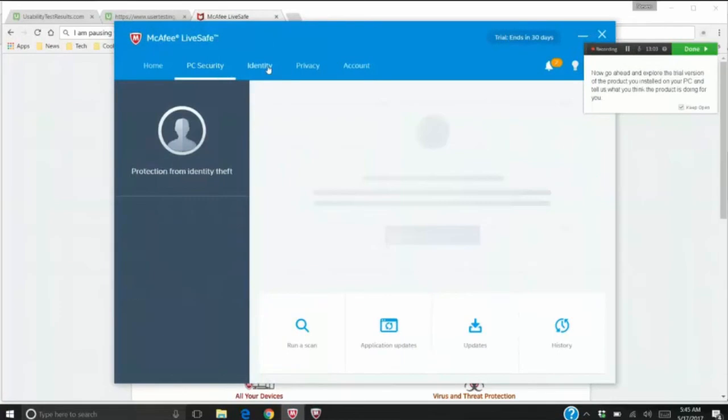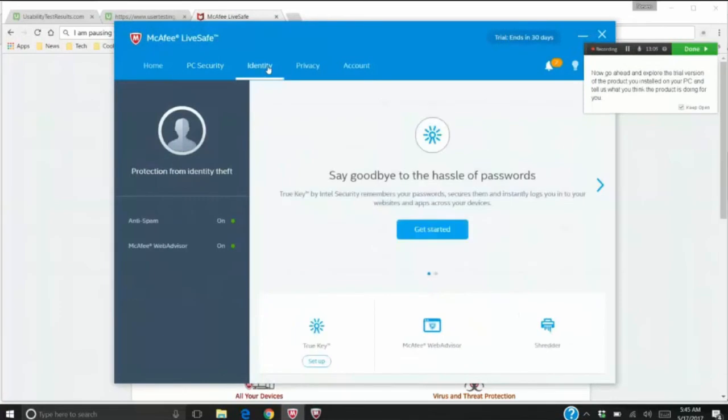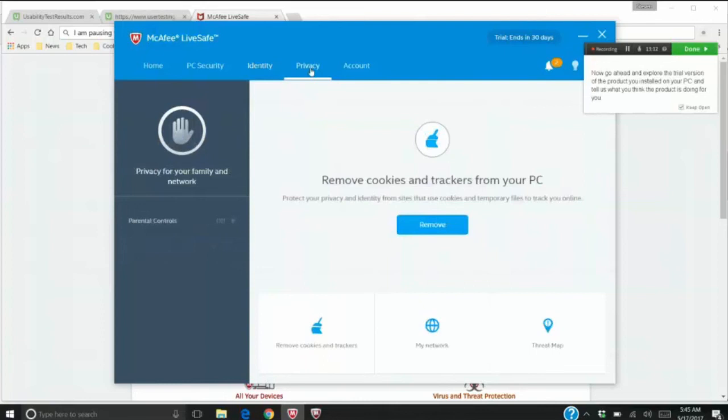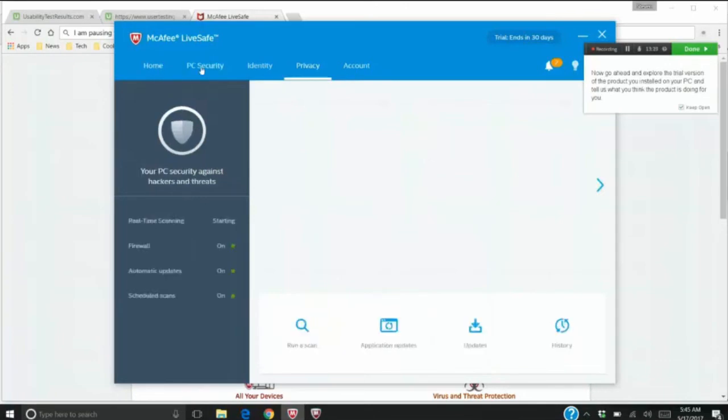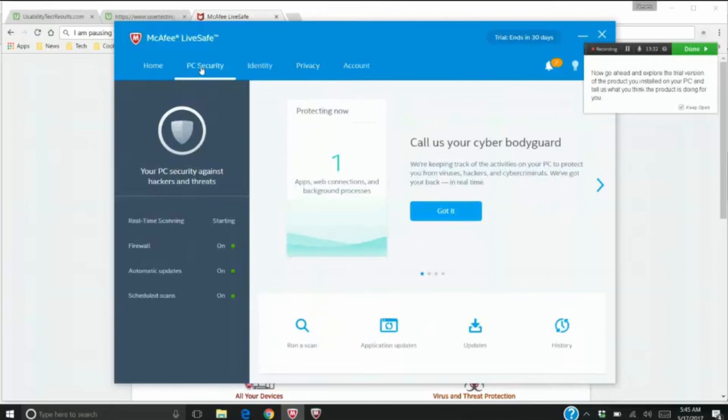I can see a level of identity protection from spam, protection with something here called Web Advisor, and protection from identity theft. Now this is privacy, so removing cookies and trackers from my PC. And then I'm sure there's something here that's the standard run-of-the-mill virus protection, so real-time scanning against threats. So overall, I think that a lot of features here